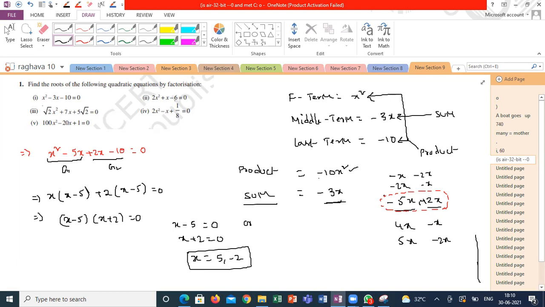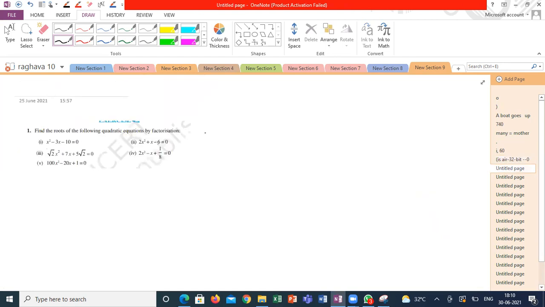Yes, sir. Shall I go for some other question? Yes, sir. Second question. Who is going to explain the second question? Who will explain the second question? Guys, who will explain the second question? Aditi, Amrita, anyone? Sir, I will, sir. Sorry? Sir, I will see the solution for the second question. Yeah, please.